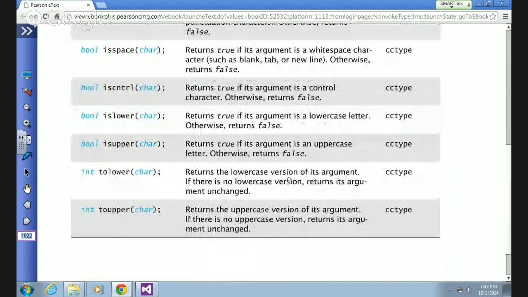So two upper, two lower. You'll notice the data type that it returns is integer. It's not returning a character even. Who knows why they did it that way, but they did. So